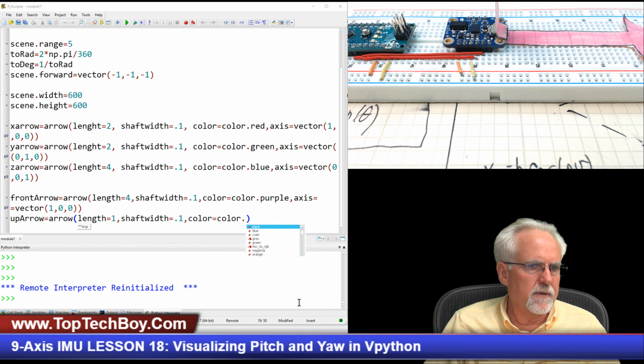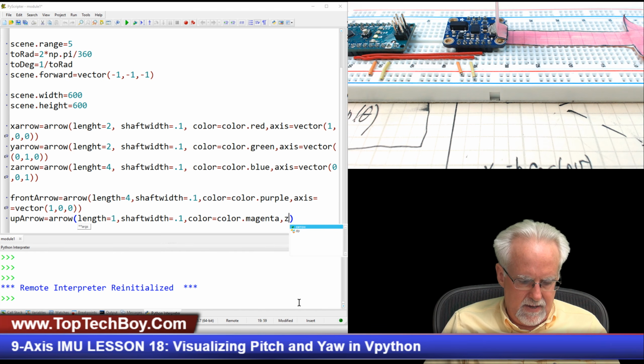What do you think for this up arrow? Color dot magenta. Okay, color dot magenta, and the axis is equal to